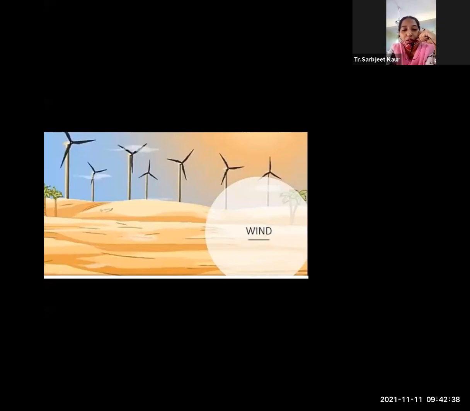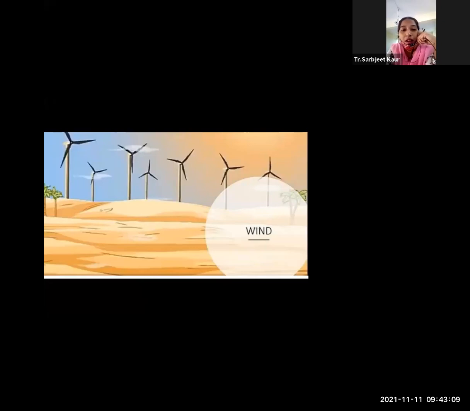Yes, Sumit, you are right. This is a new concept to you. This fan is known as windmills. Okay, windmills. Why are these windmills generated? You can see it in the picture. You have seen it originally. Yes, Rudru, correct.